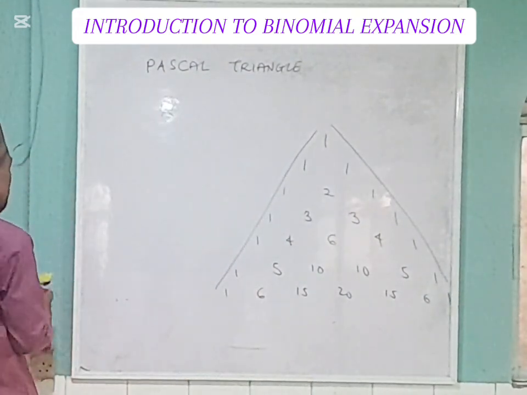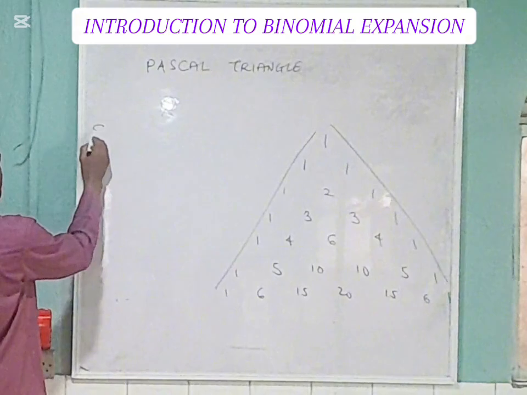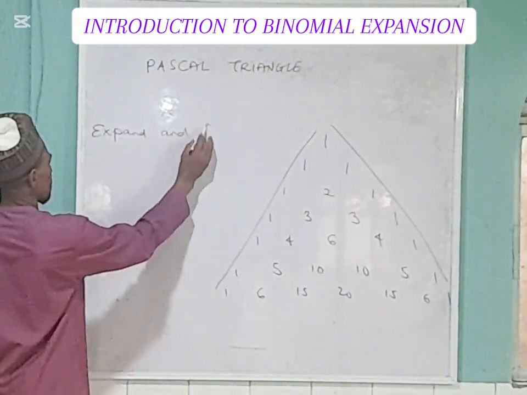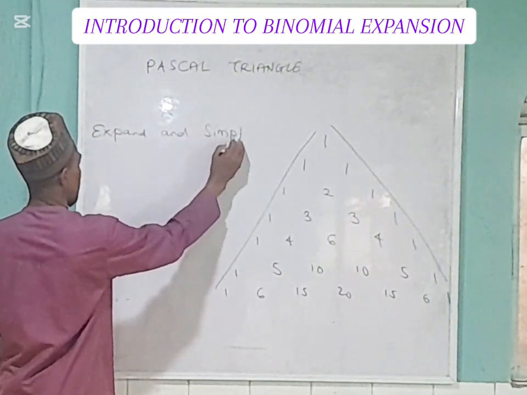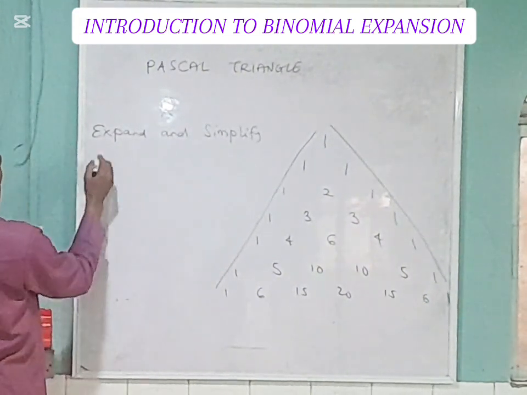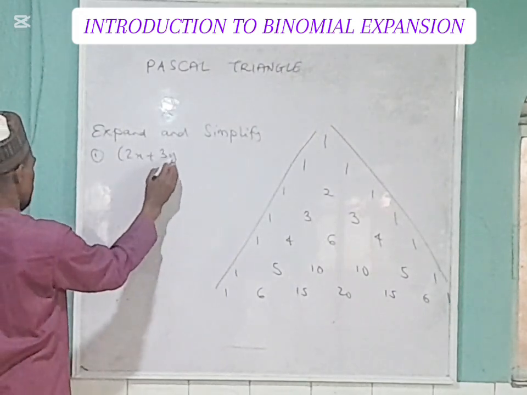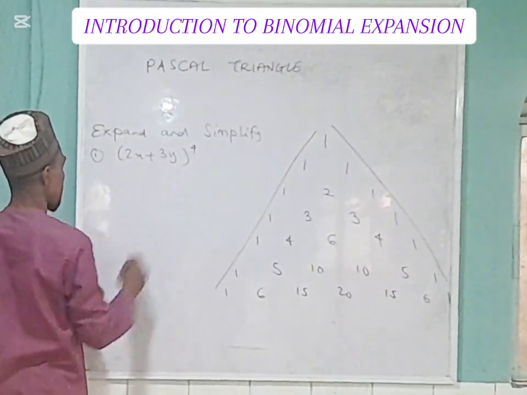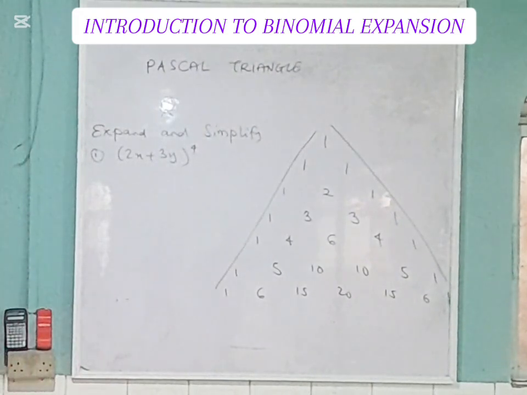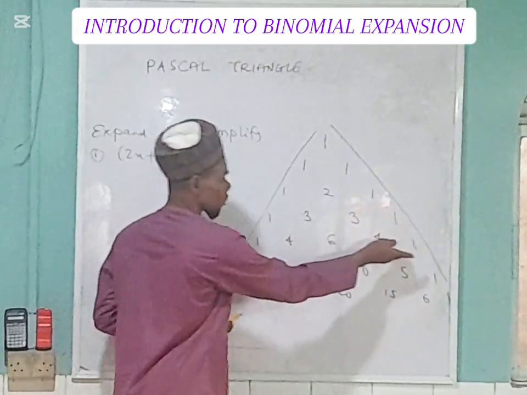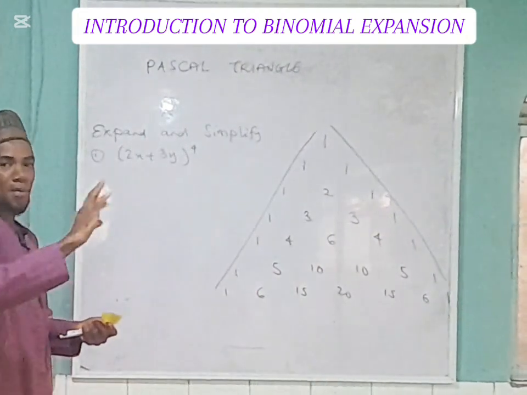Here we have to expand and simplify. That's our example. Expand and simplify: we have 2x plus 3y to the power of 4. Okay, 2x plus 3y to the power of 4. So let's use the concept of Pascal's triangle here. So note there are two things we're looking at. First, the coefficients, and second, the varying powers of the